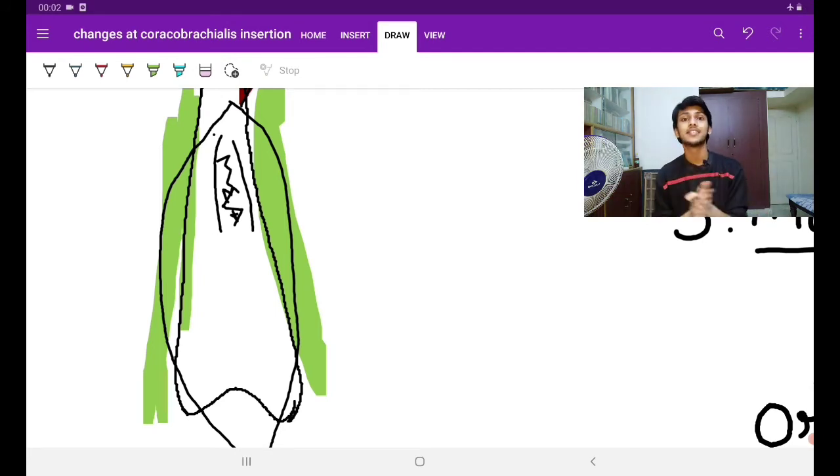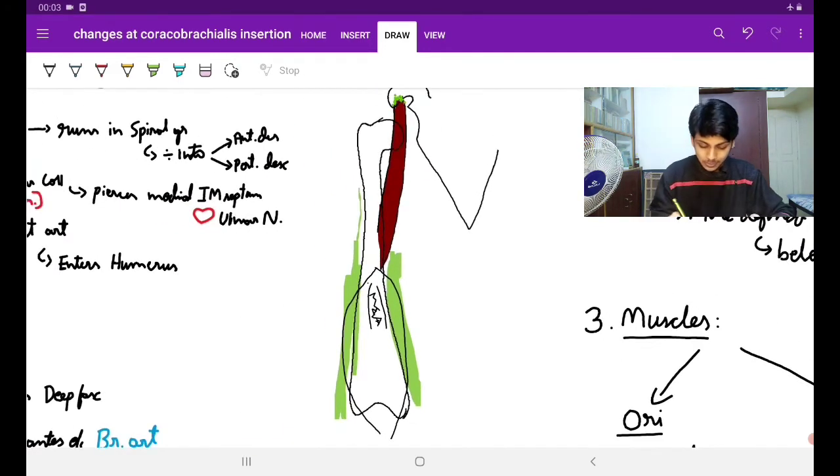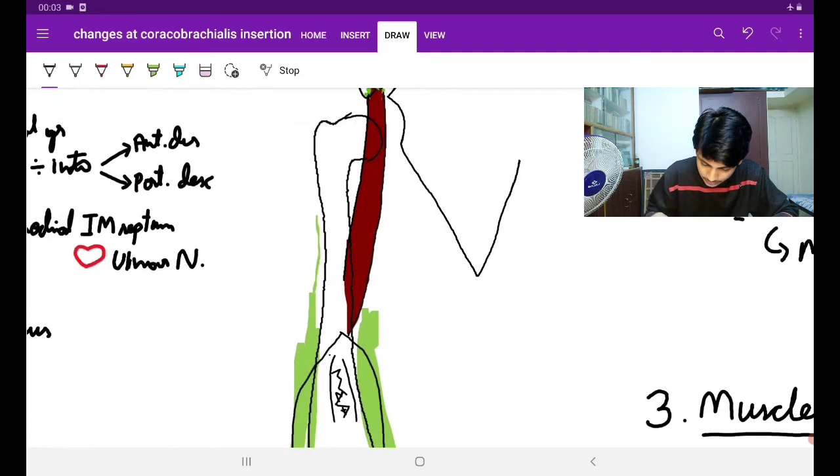What are the muscles getting inserted? We are studying the topic, the changes that occur in the level of insertion of coracobrachialis muscle. So coracobrachialis muscle is one of the muscles which is getting inserted. What other muscle? We studied that in the beginning now. The muscle which is getting inserted on the lateral aspect. That is the deltoid muscle, which is covering the shoulder basically, and getting inserted on the deltoid tubercle, which is on the lateral aspect of the humerus, isn't it? It is getting inserted there. Okay, so this was the coracobrachialis muscle now. The deltoid muscle is getting inserted like this somewhere here.